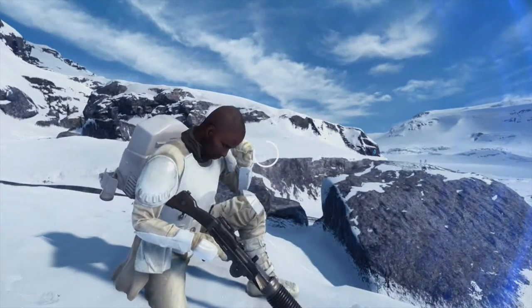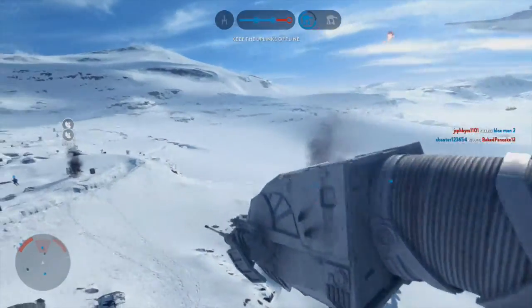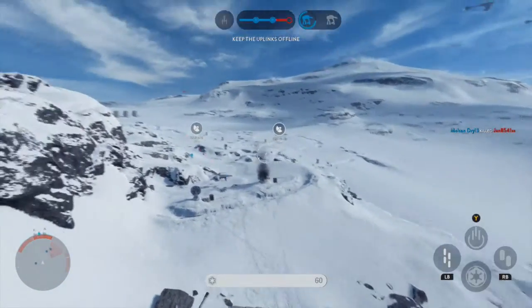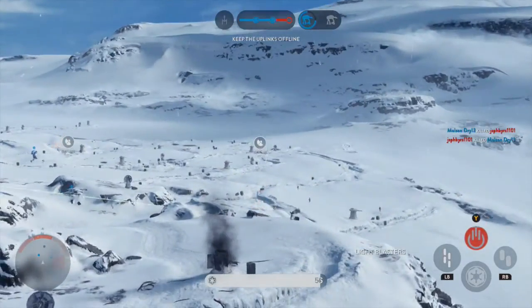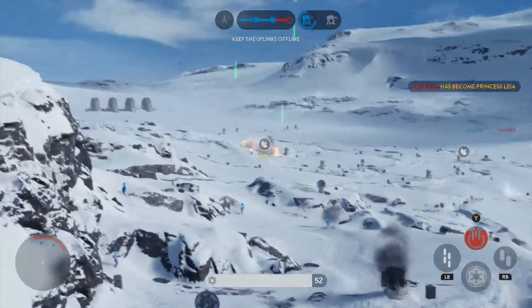Of course, it wouldn't be a crutch kill farming if there wasn't another AT-AT token thrown in. But to be fair, I do want to keep them off these uplinks, so my first OB is going to go down. And waste some shots here. I don't know why I was...